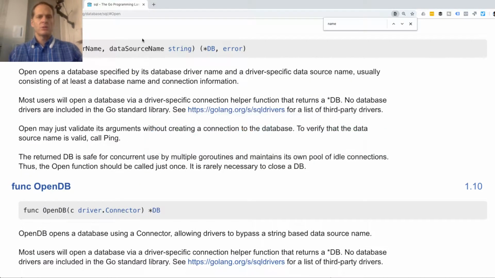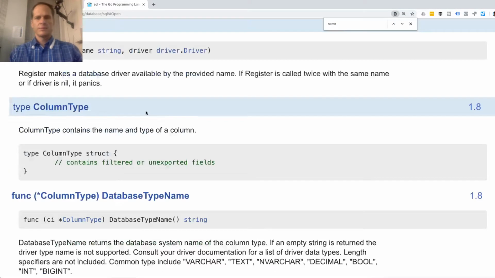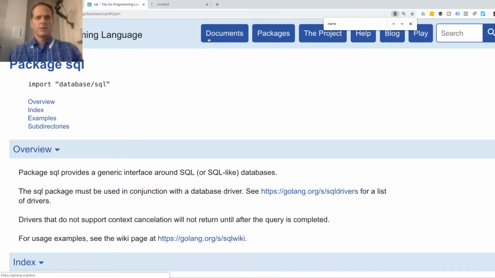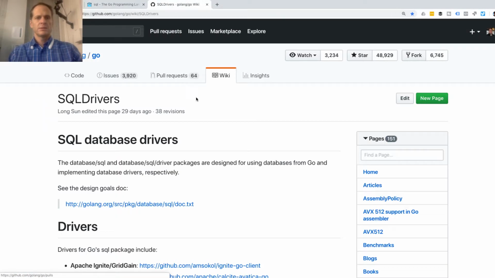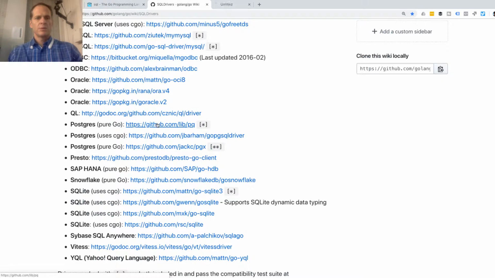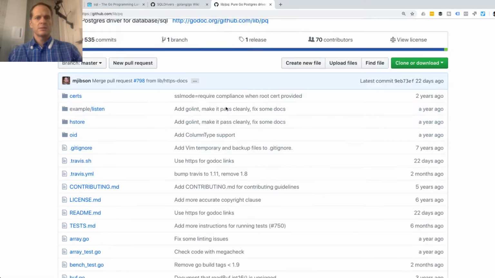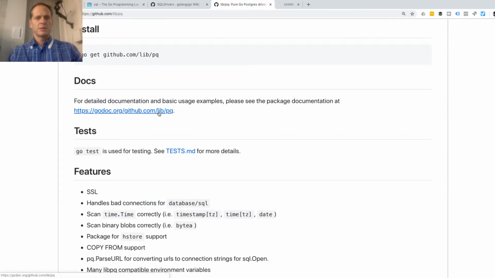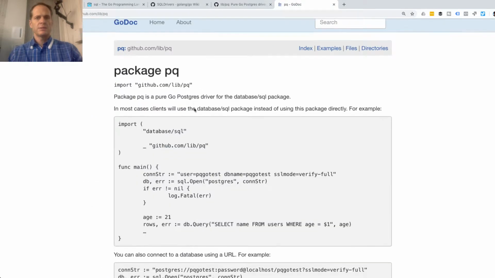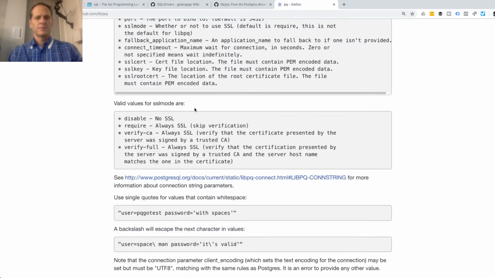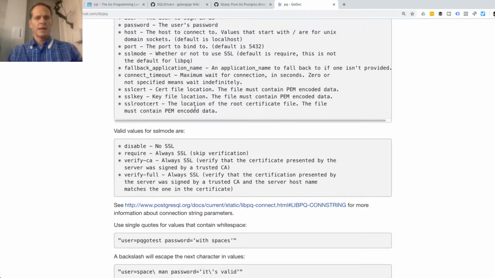And so some of the stuff we want to put in, drivers, Postgres, documentation, and